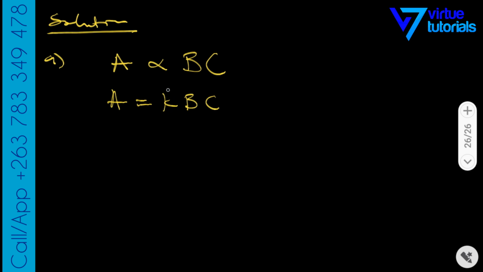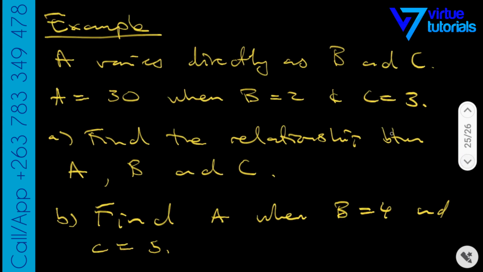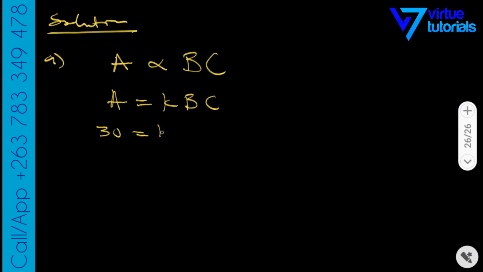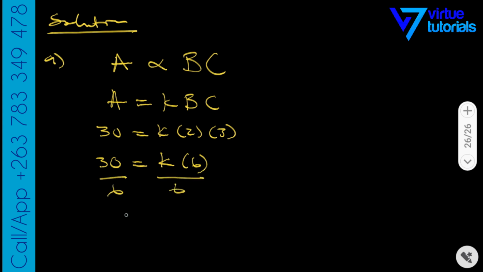From here, we want to find our actual value of our constant K. So we need to plug in values for A, B, and C, right? Which is 30, 2, and 3, right? So 30 is equal to K times 2 times 3, right? So 30 is equal to K, 2 times 3 is 6. To find the value of K, we divide both sides by 6. We'll get 5 is equal to K,